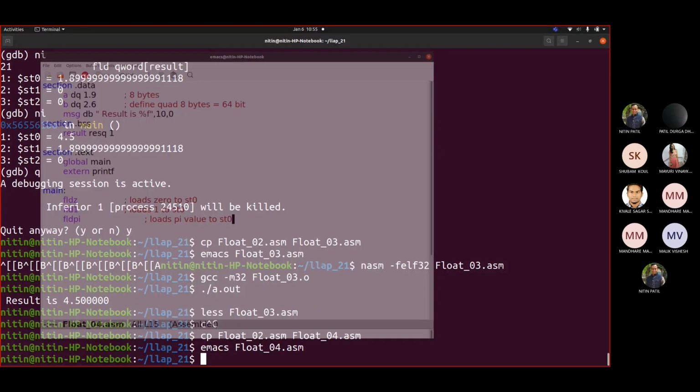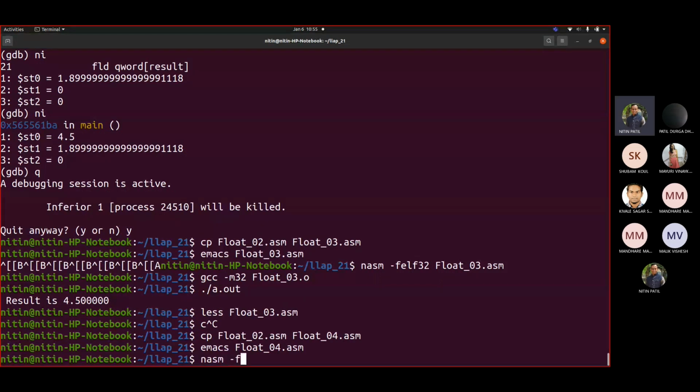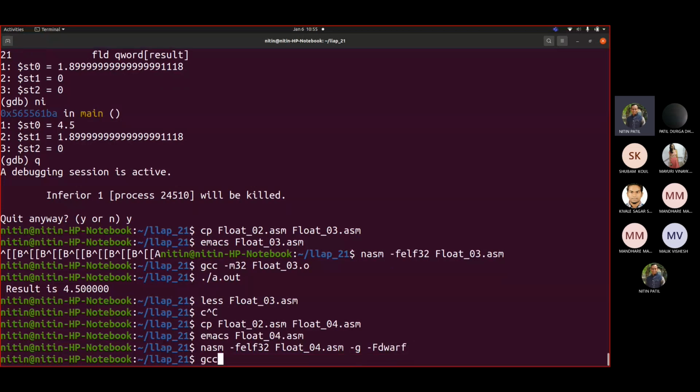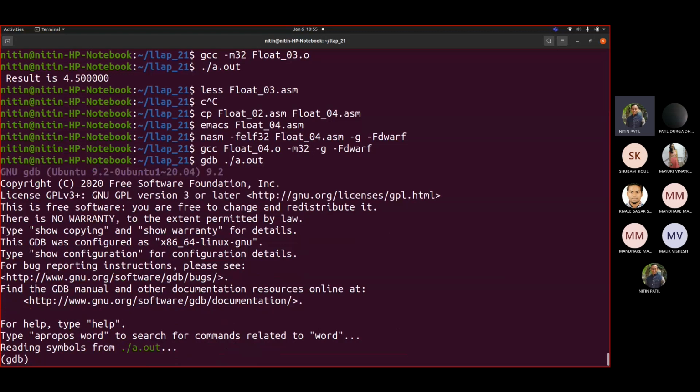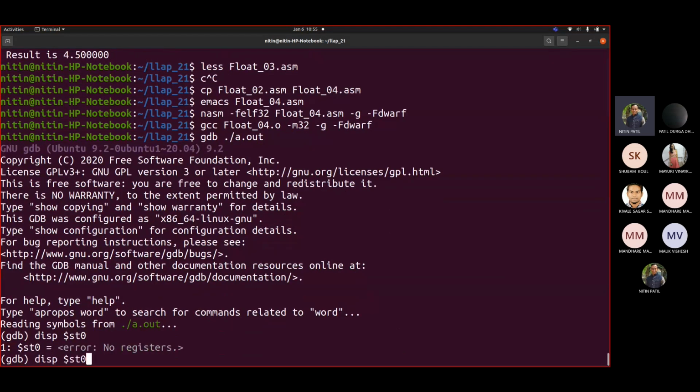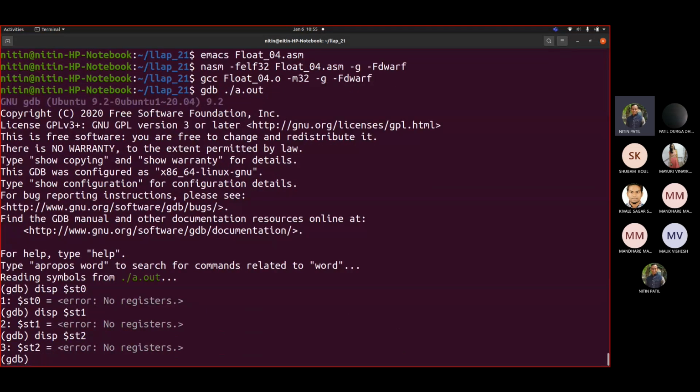Correct? Fine. So nasm -f elf32 float04.asm -g -F dwarf, gcc float04.o -m32 -g -F dwarf, gdb. So let us display three values. So I will take 1, 2 and 0.